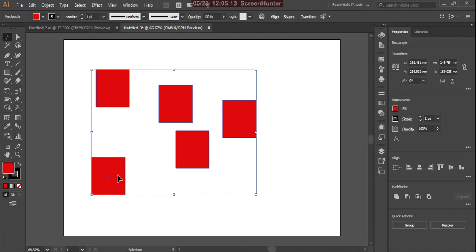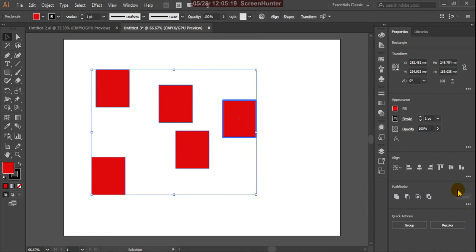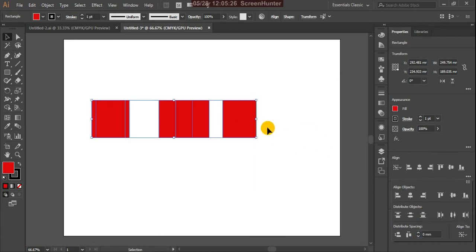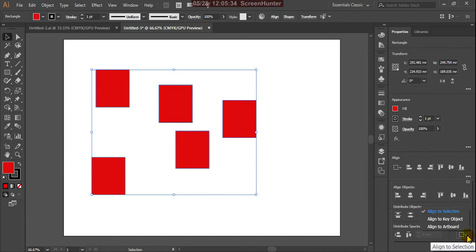And here it is vertical distribute bottom. This we can use as per our requirement. Here again align to artboard, give the option according to your need.